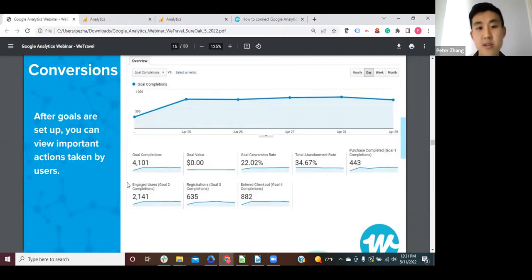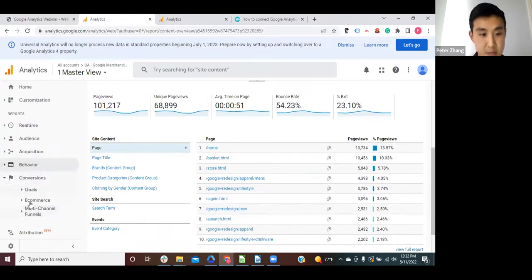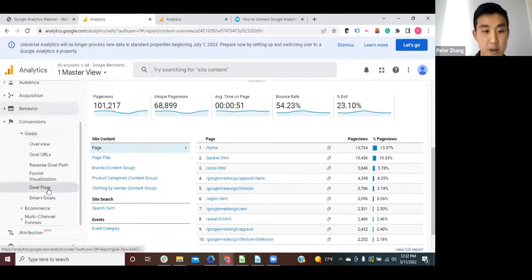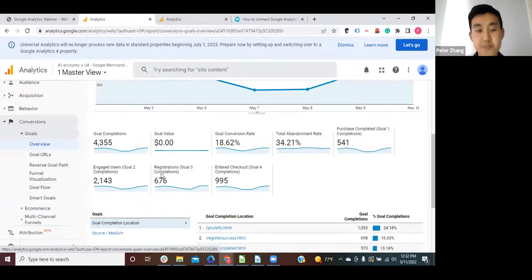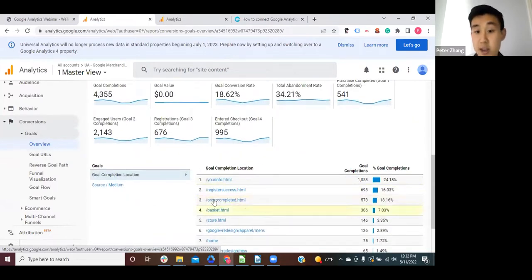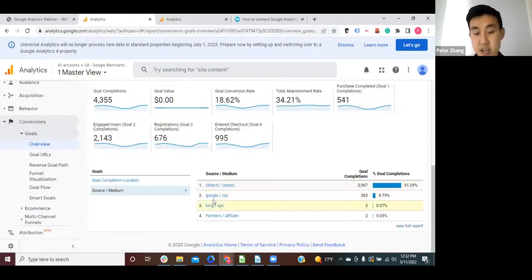Then if you come to this section after you have it set up, then you'll be able to quickly assess, of these very important actions, what's happening and how are people getting to these places, right? So in here, there are several types of reports. So you can specify your events as goals, and then you'd be able to look at the overview section and get to that same screen where you can see where they completed that goal. You can see a breakdown of what acquisitions. So if your paid ads are doing really well or it's organic.